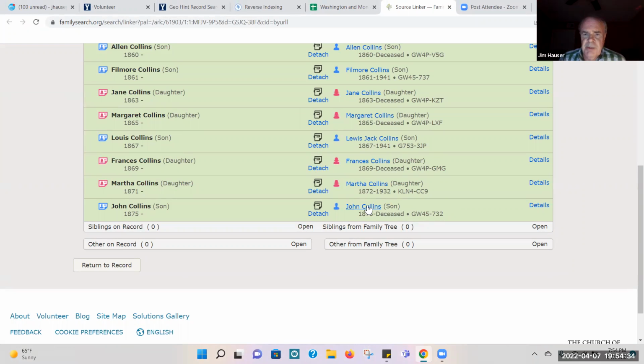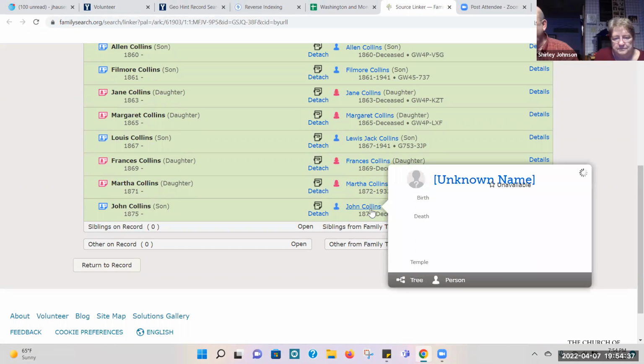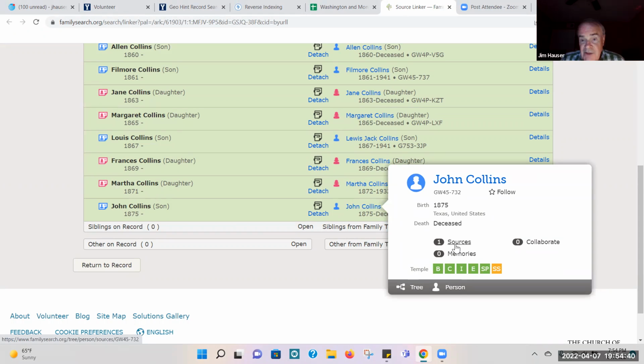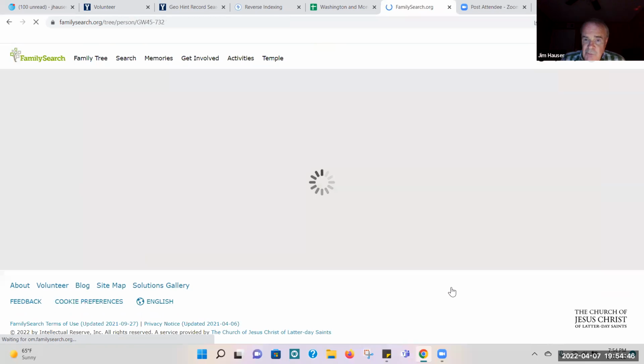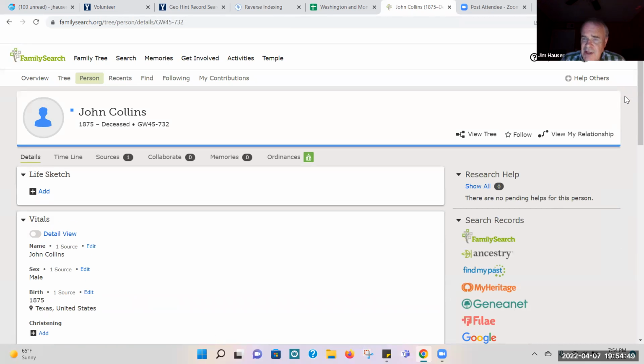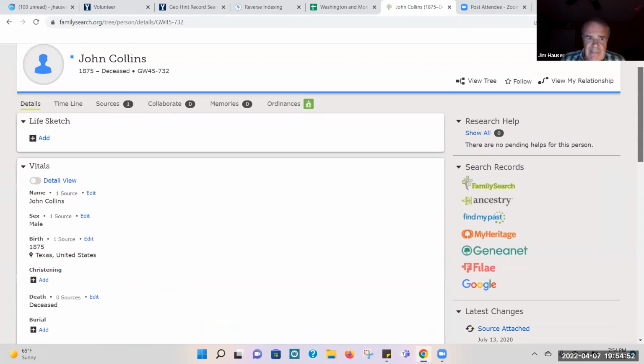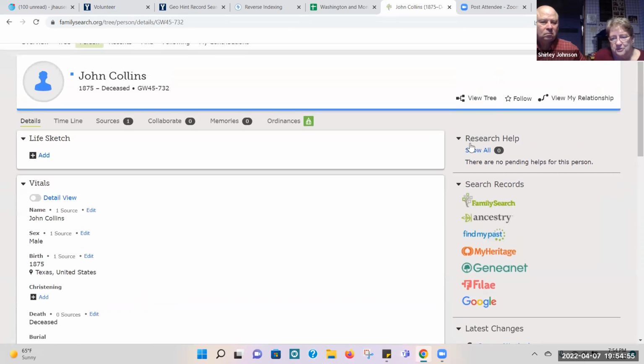I'm going to go to the person page for John, born 1875. Oh, he only has one record so far. But I've been working with him. I think I can find more. Well, usually once you add a person in, the computer starts generating more records, and they're right there in the, like you said, you're pointing to in the research help. Yes, and there are some. I've actually found a marriage record for him about 6 o'clock, just an hour ago, or 2 hours ago. But what we can do, maybe I can pull it up